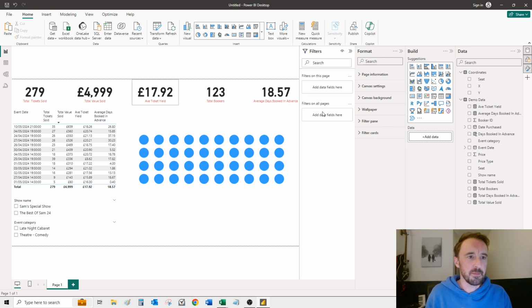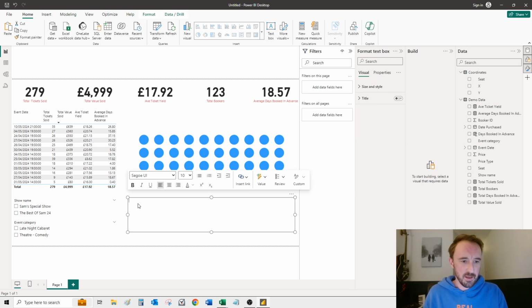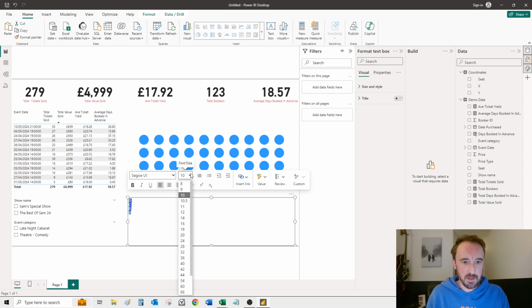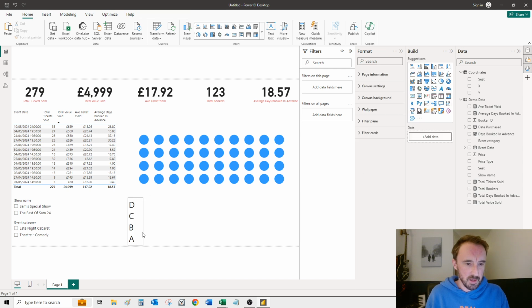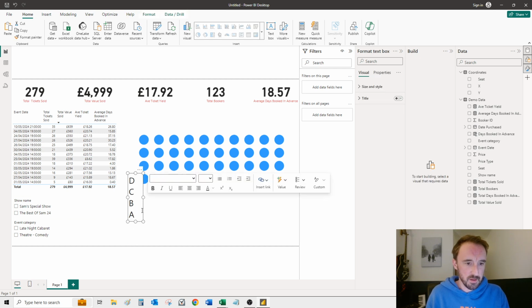I'm going to add some labels on here as well just to make sure it's nice and easy. I'm going to go D, C, B and then A. Let's make that nice and big, and let's make these into size not 54. 54 is far too big, don't use size 54. Size 28, great. Let's move that across, and then I'm just going to